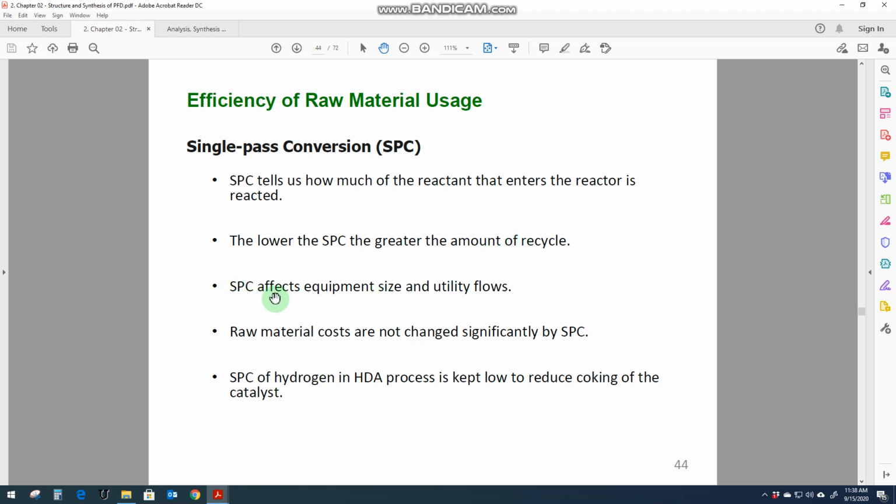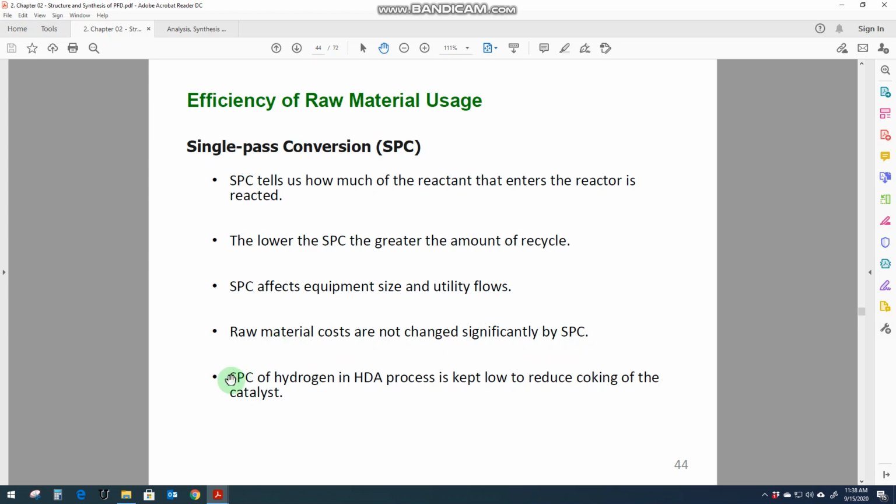Single pass conversion affects equipment size and utility flows. Obviously, if the single pass conversion is low, then we have to use a recycle structure that will increase the size of maybe the reactor or the utility flows. Okay, raw material costs are not changed significantly by the single pass conversion. So single pass conversion is basically the process configuration,